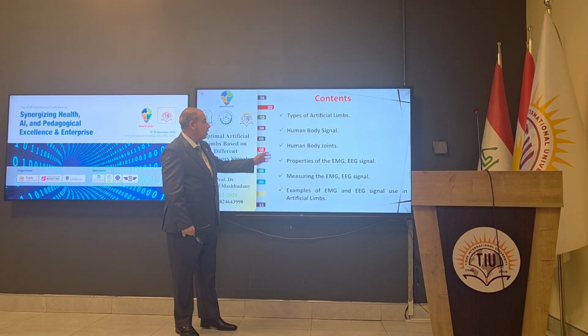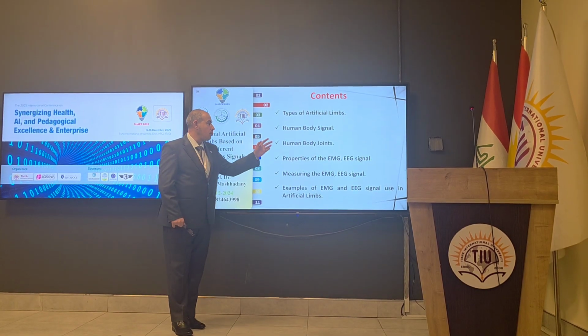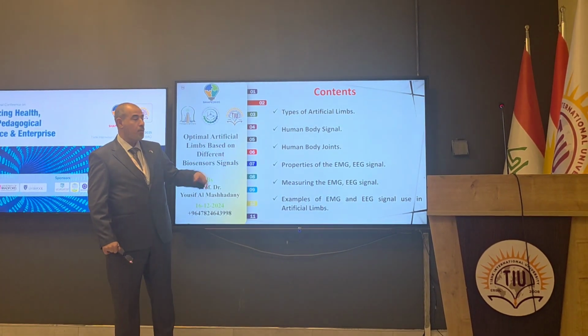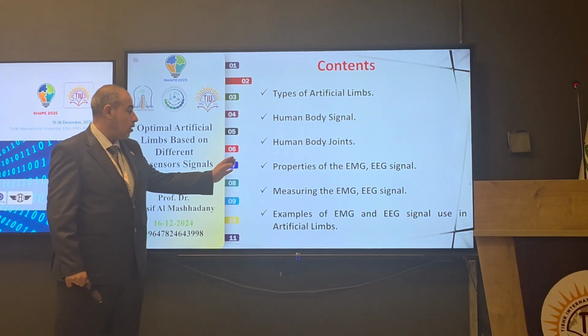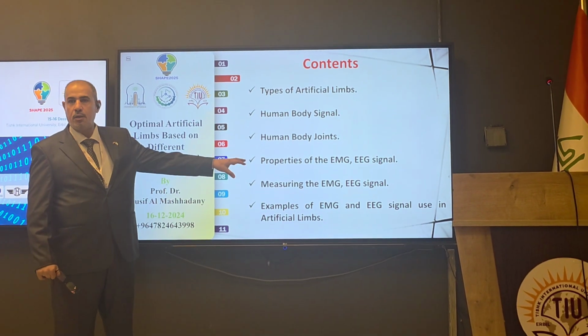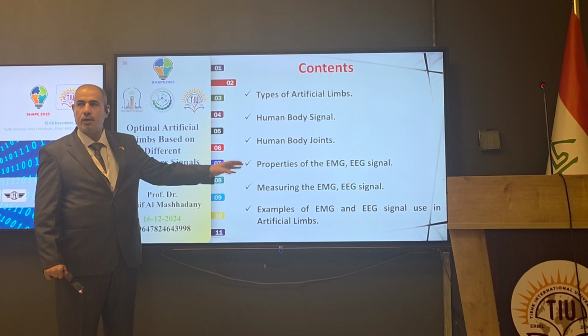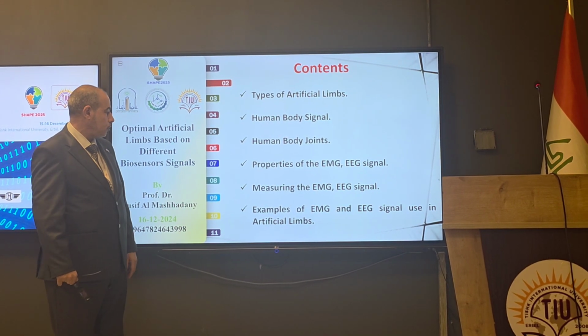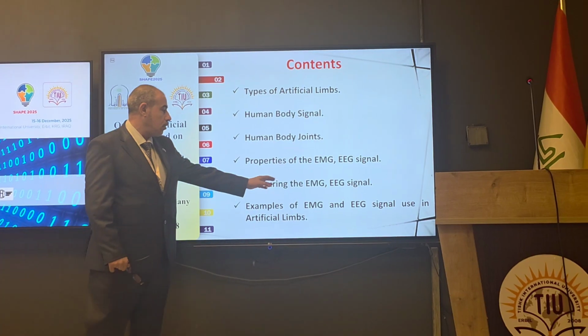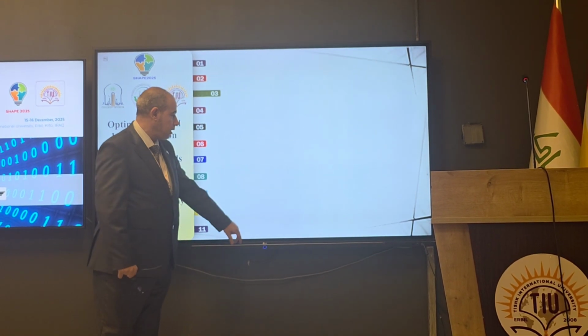biosensors. We're talking about the types of artificial limbs, human body signals, human body joints, properties of EMG and EEG signals, because the operation of the artificial limbs depends on these two types of signals, measurement of EMG and EEG signals, and an example of this